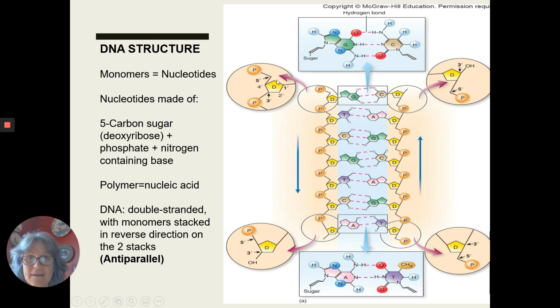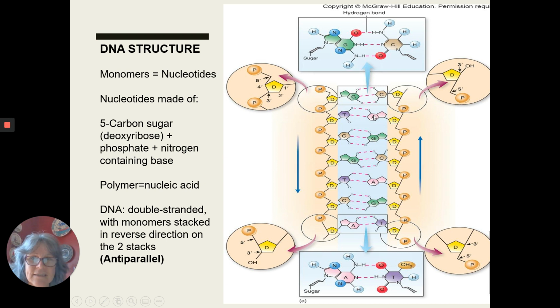We draw it like a pentagram because it's got 5 carbons. 1, 2, 3, 4. In this case, the 5th one is here off to the side. It's got an attached phosphate and then a nitrogen-containing base. So here is our nitrogen-containing base over here. On this strand, we see our sugar stacked in a row with the phosphate to the outside and our bases